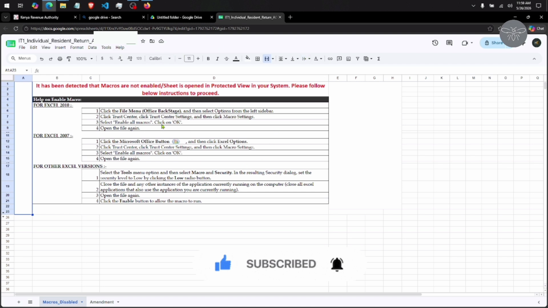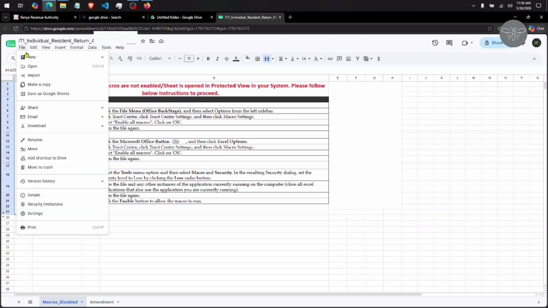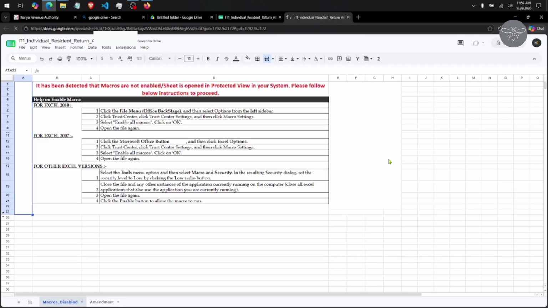this Google Drive. So basically what we'll do is tap on the file and then save as Google Sheets, and then it will open another tab where now you can enable the macros. Remember, extensions is not available here. So what we'll do is just use the new one, and then you can click the extensions tab, extensions, and